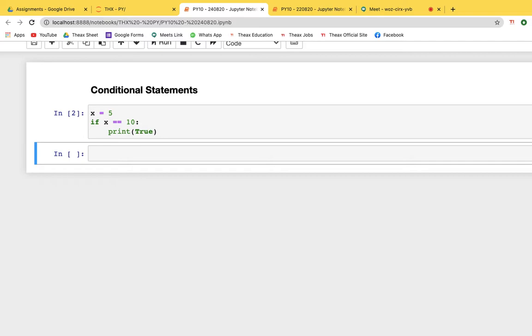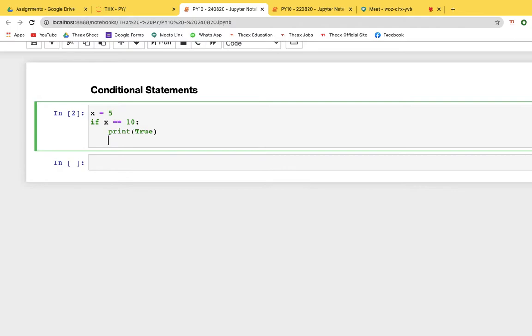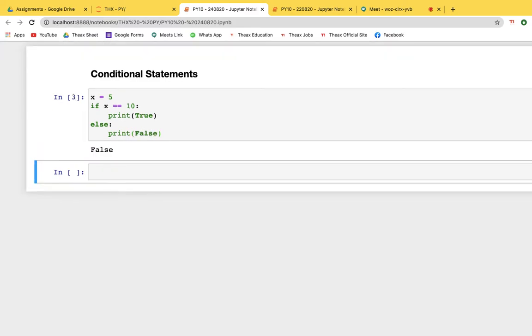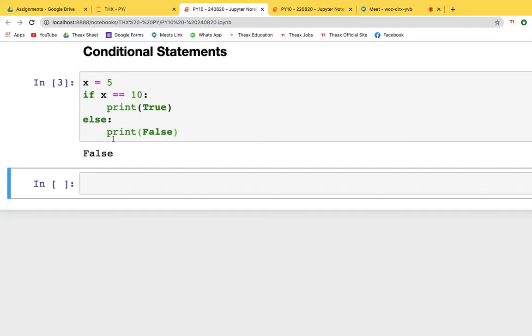First of all, let's understand that. Now, if it is not equal to 10, then what should be printed there? Then it should print false. Meanwhile, in between this true and false, if you want to check some other conditions,